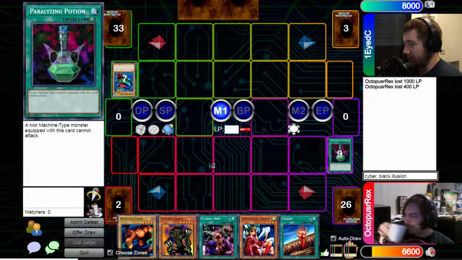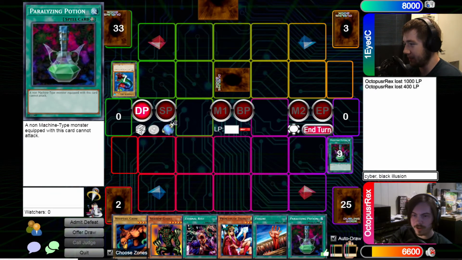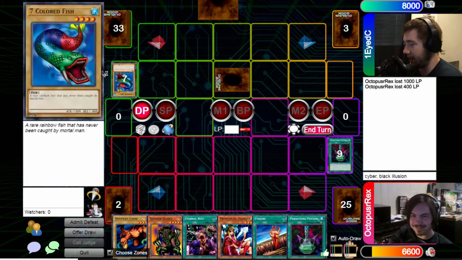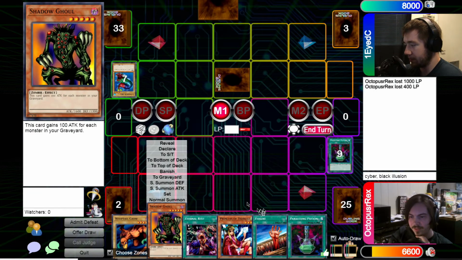I haven't normal summoned this turn, so I'm gonna go ahead, set a monster, and pass. That makes sense. What could it be? Could it be Cyberjar? No. That's not at all what it could be. No, of course. What am I thinking? I'm sorry for being stupid. This is